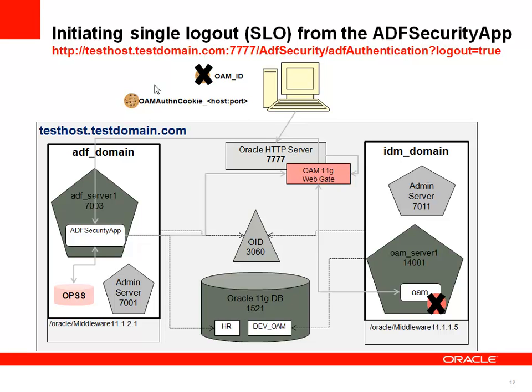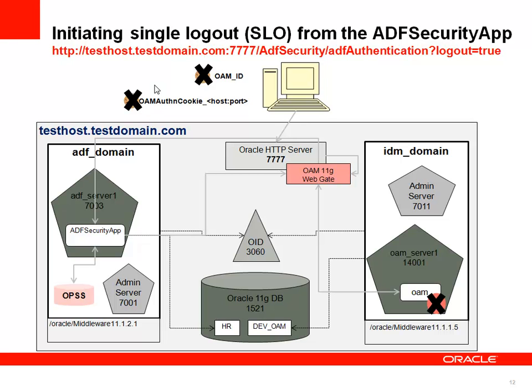Next, we also want to invalidate the OAM ID cookie and all the agent cookies as well. After these steps, we can make sure that the user has been logged off not just from our application but from the overall